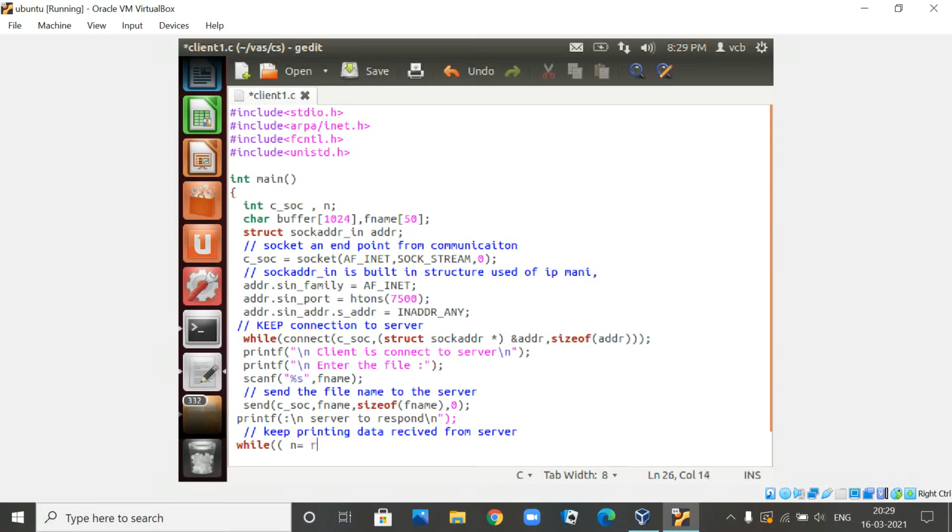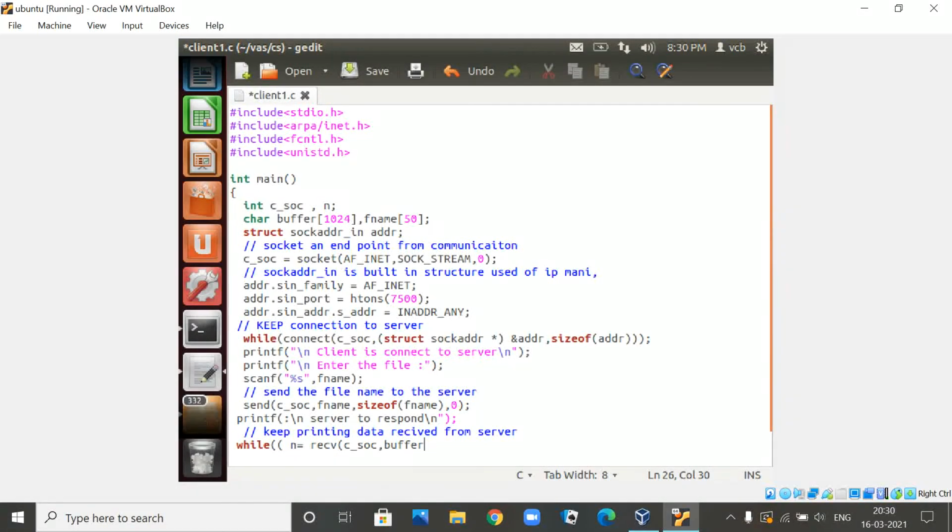For doing that, we are going to use a built-in function called recv, RECV. This is the function to receive. First you are sending, then you are going to receive. To receive, once again, you are going to use C_socket. It should be coming through the socket only. Socket, comma. Whatever it receives, you store in a buffer.